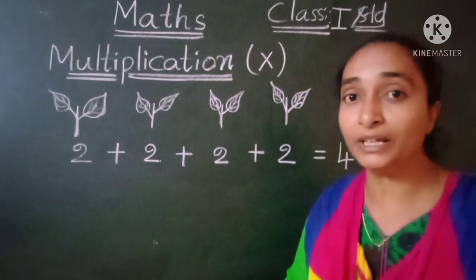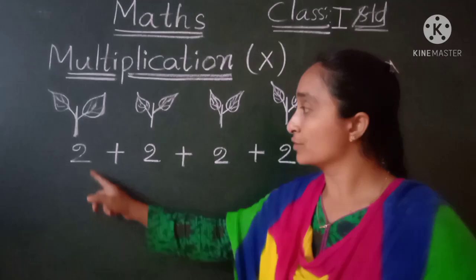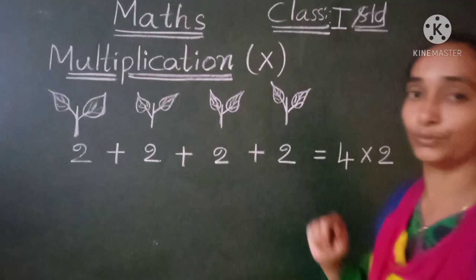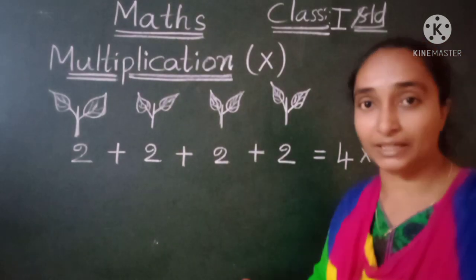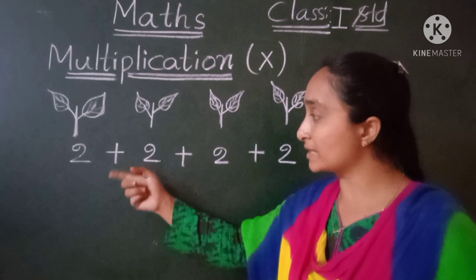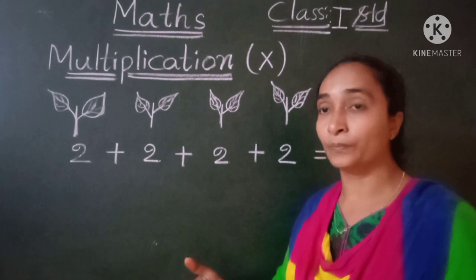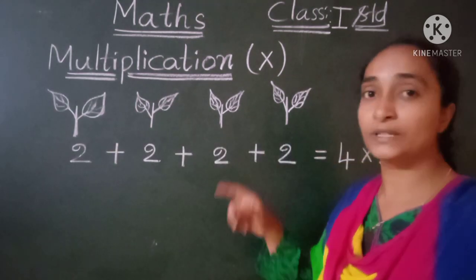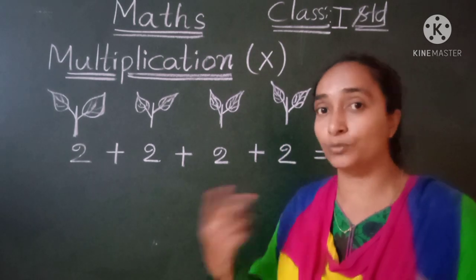So first we have to write the 4 groups with the multiplication symbol we used to write, the "into". In each group how many are there? 2 are there. So 2 plus 2 plus 2 plus 2. So we have done the repeated addition here. So we have repeated the addition of the same number. So the same number, 2 plus 2 plus 2, because in all the groups here we have only 2 flowers, not more than that.